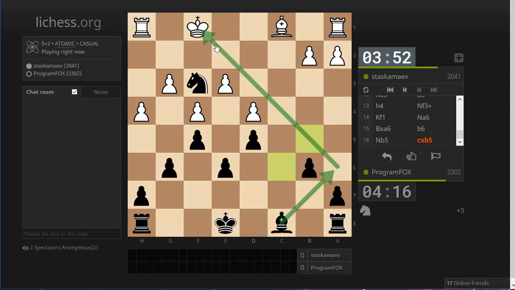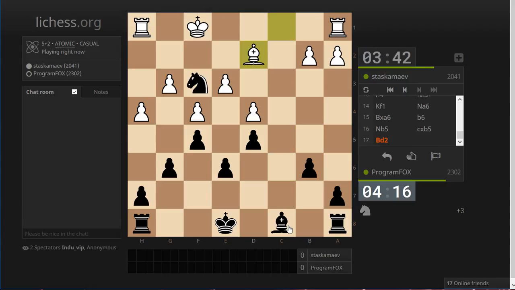This check is interesting. So what makes the value of a piece in endgame so different? Well,